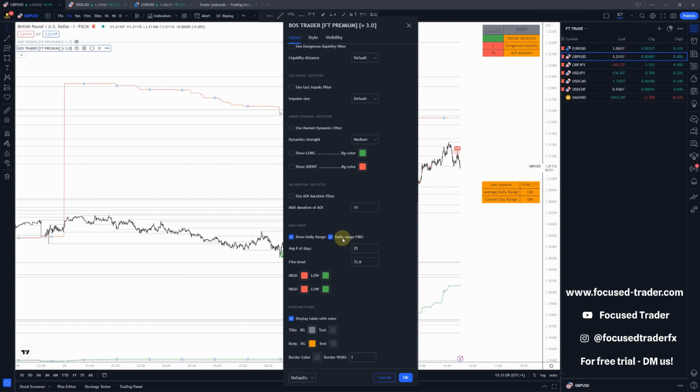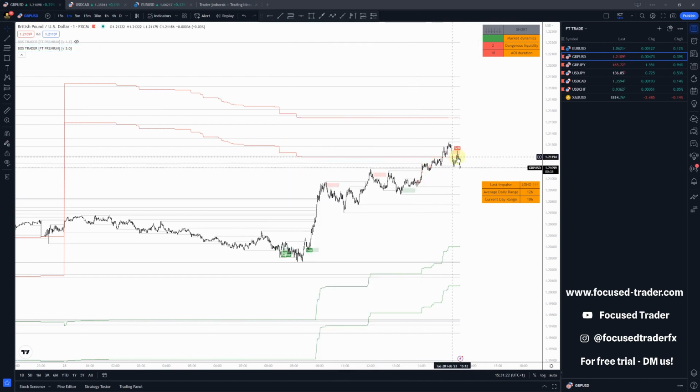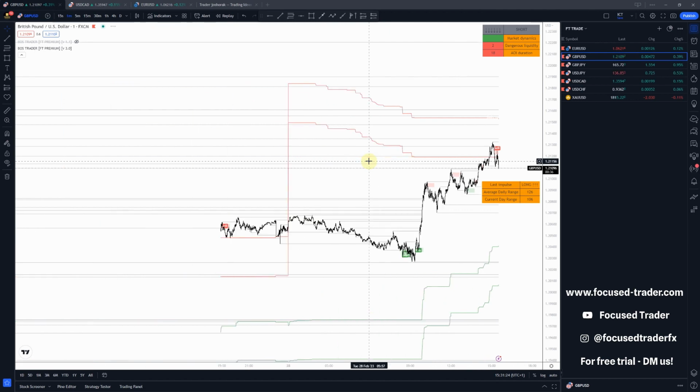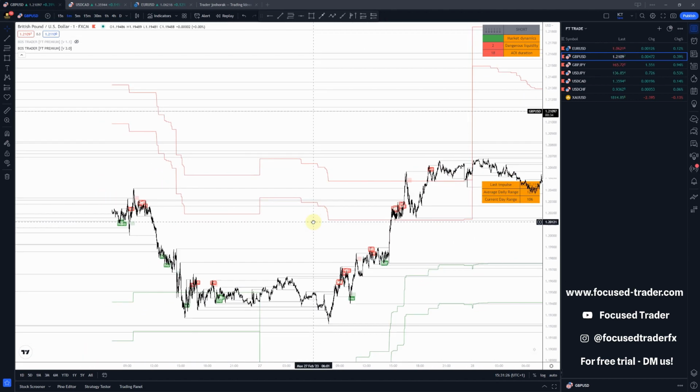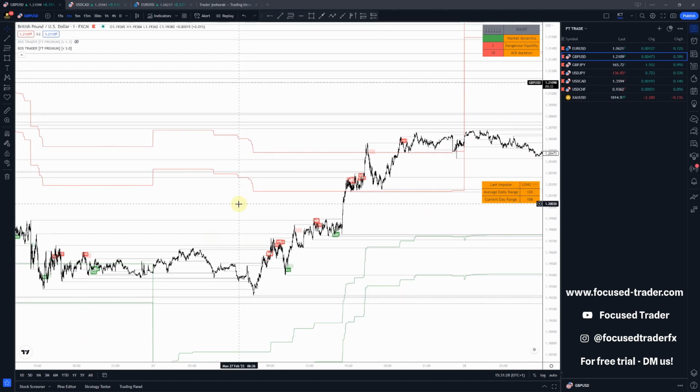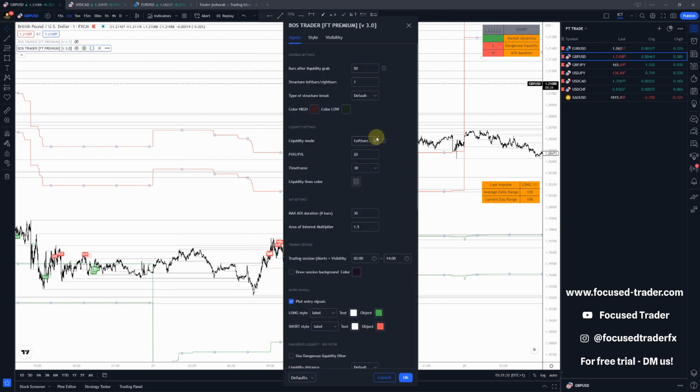So if I turn on the daily range Fibo, you could also change the visual preferences of the daily ranges. I have settings to red and green, but you could change the colors as you like. And you see that this is a Fibo level, and usually you could see that there are some market reactions happening there. Right now it looks a bit crowded, so I will just hide the liquidity lines